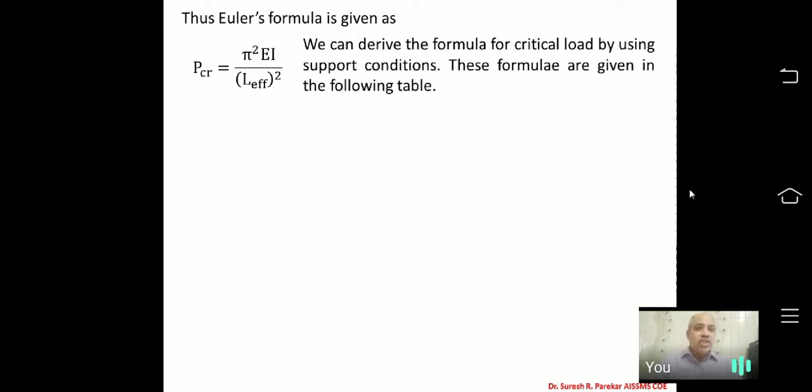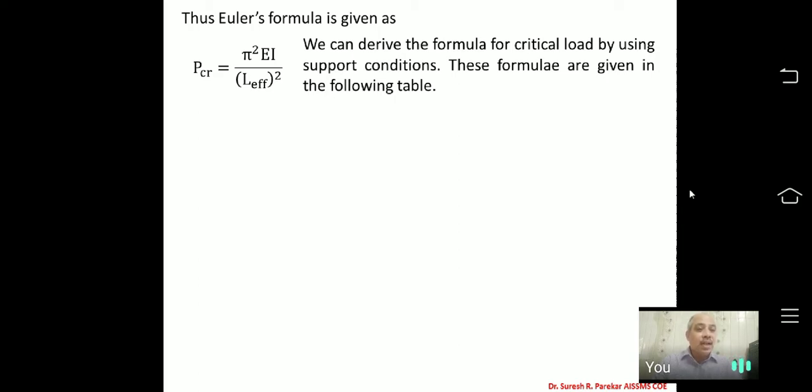Already I mentioned we can derive the formula for critical load by using support conditions, but we are not going to derive for all. We are going to see only the effective length, because by substituting effective length I will get PCR